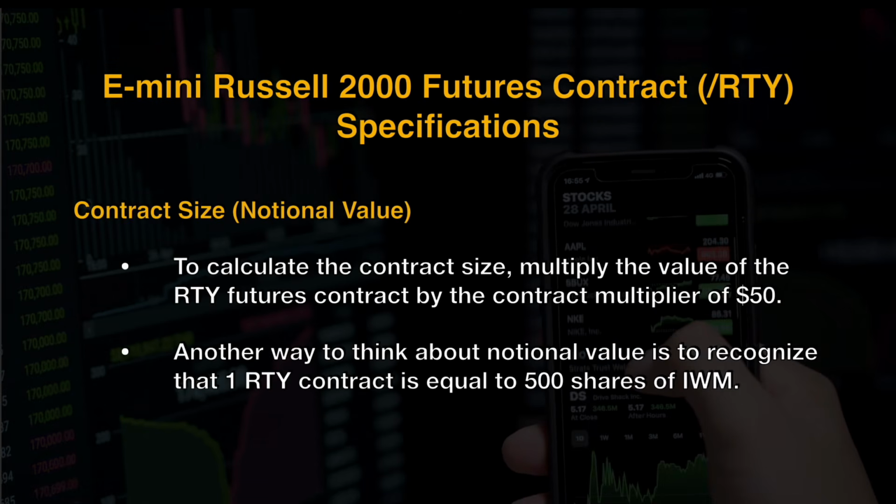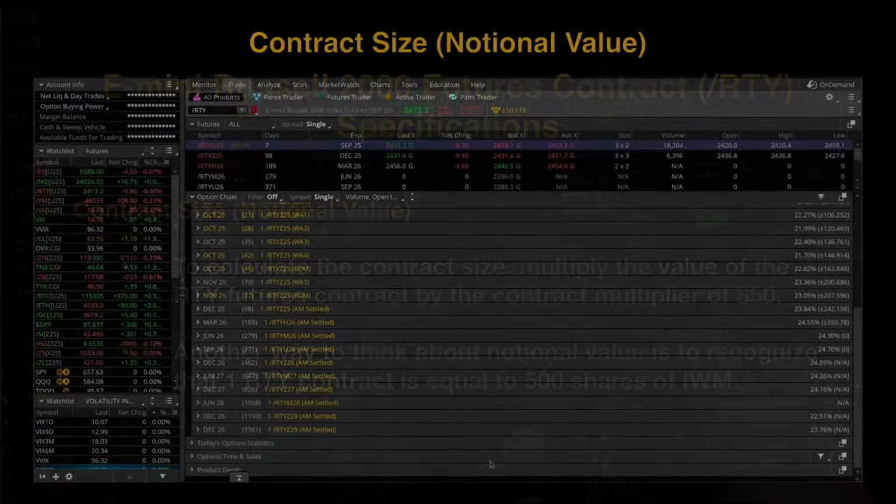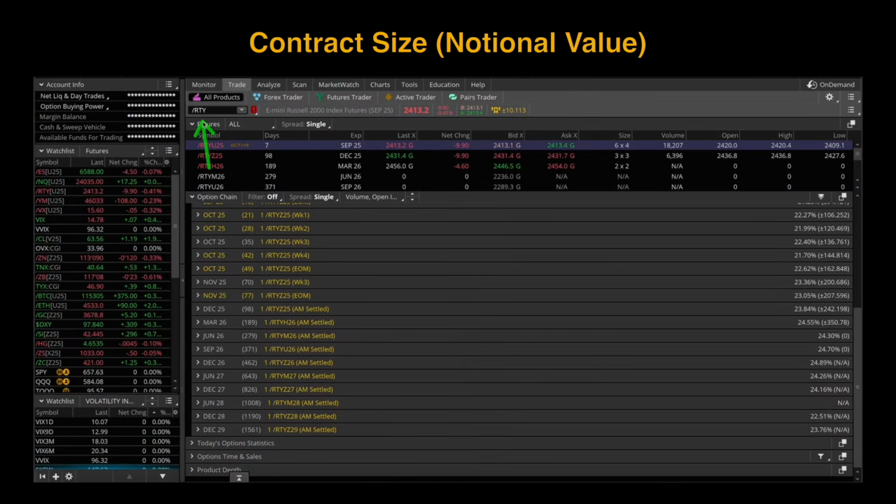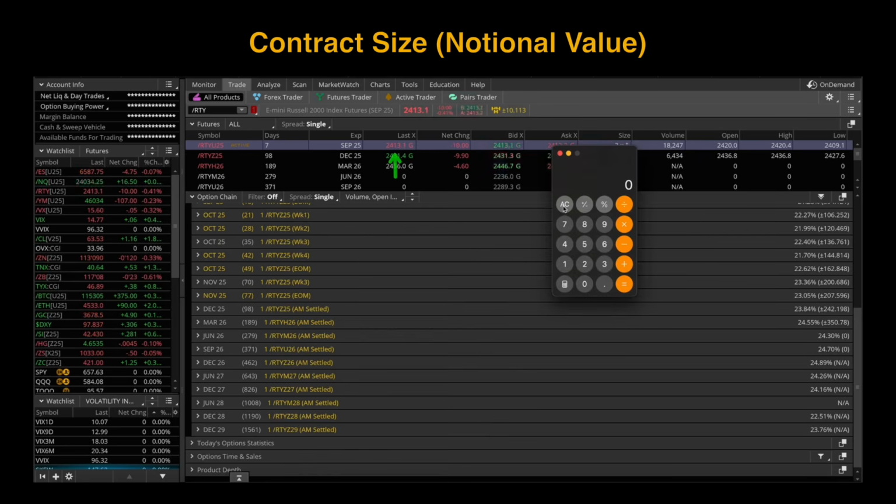We calculate the contract size or notional value by taking the contract multiplier of $50 and multiplying that times the value of the futures contract. Another way to think about notional value is to recognize that 1 RTY futures contract is equal to 500 shares of IWM. So let's hop into the Thinkorswim trading platform here to calculate the contract size, otherwise known as the notional value, given today's prices. We're going to take the current price of the futures contract and multiply that times 50 in order to get